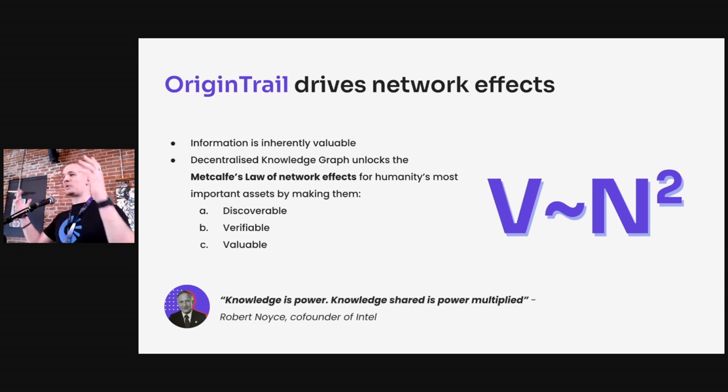So if you had like 10 people in the world who had phones, only these 10 people could call each other. The value of that network would be proportional to 10 squared, so around 100. But if you have 1,000 people, then all of a sudden you move to 1 million, right? So it's an exponential growth, and it actually has been shown to be true for social networks like Facebook, for